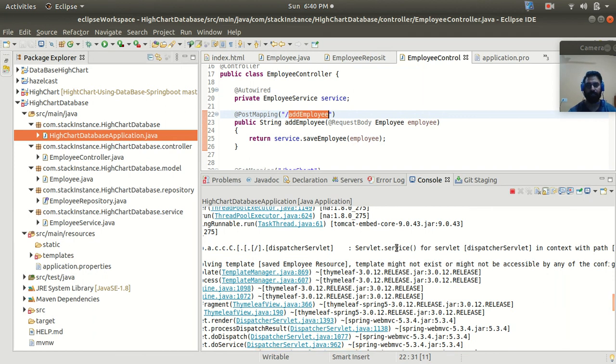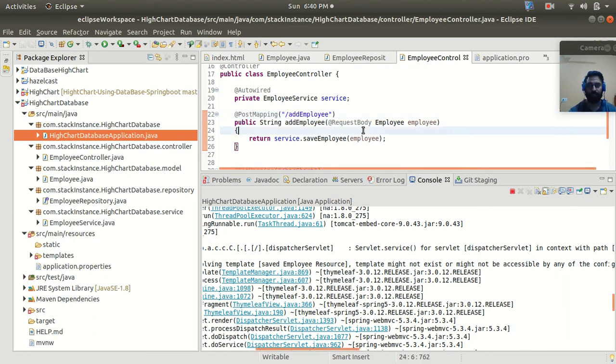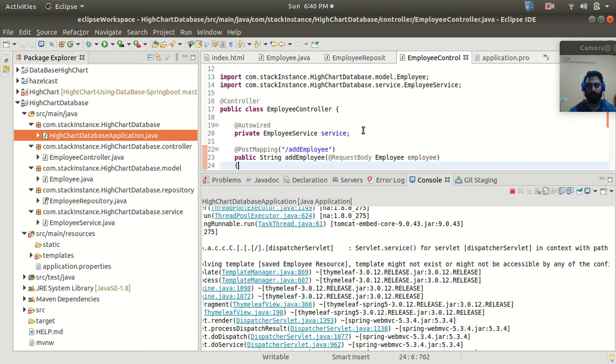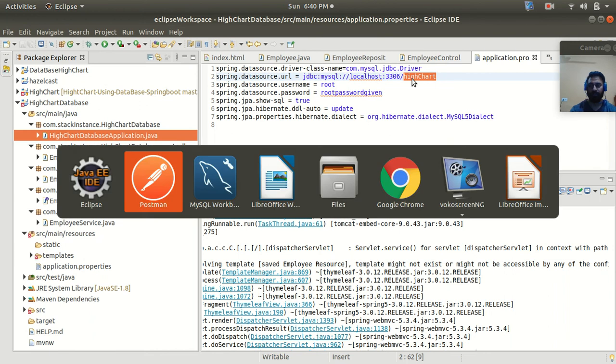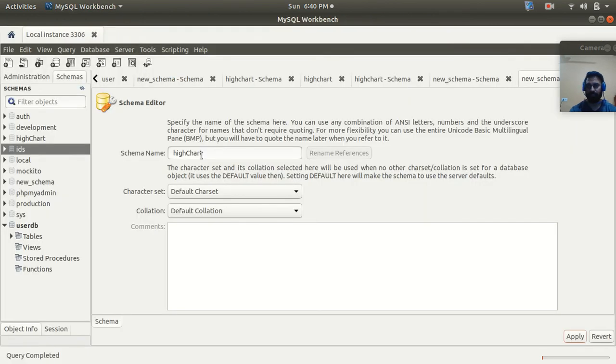All right, so let me check. This is the Highcharts database. In the workbench, this is Highcharts. So Highcharts is already present here.